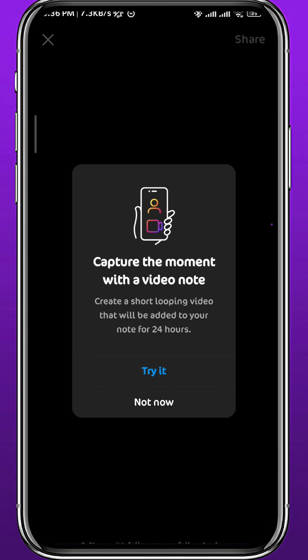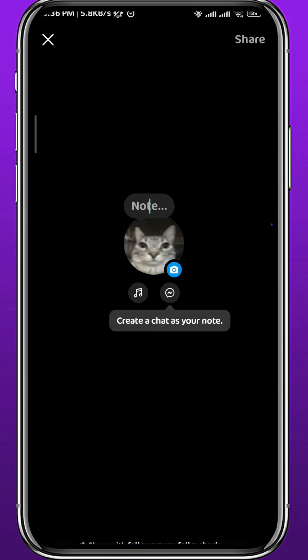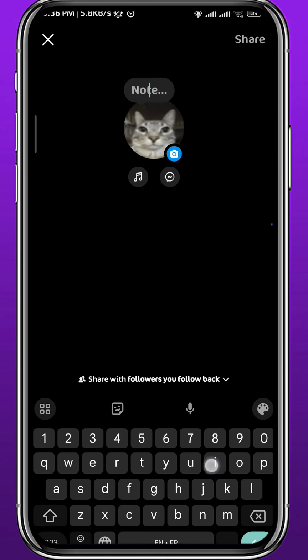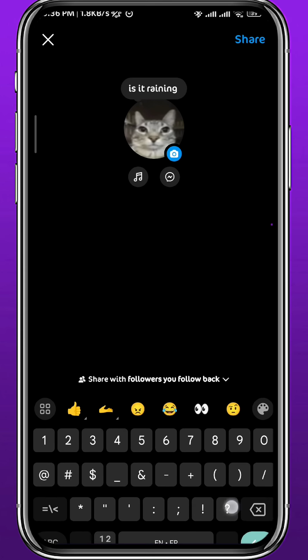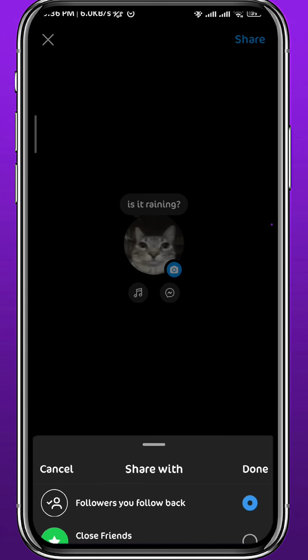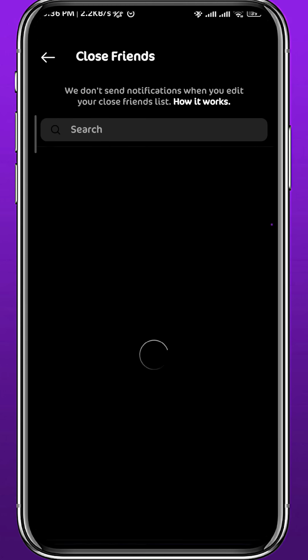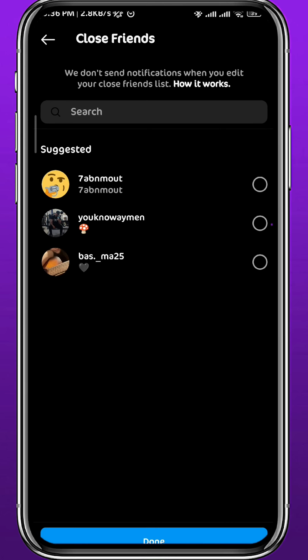From here, let me start making up my note. I'm just gonna write down some random stuff, and before sharing it, I need to tap on Share with followers you follow back here. And then instead of this option, I'm gonna select Close Friends right here. When I select it, I tap again on Close Friends. From this list, I'm gonna select all the users except for the one that I want to hide my note